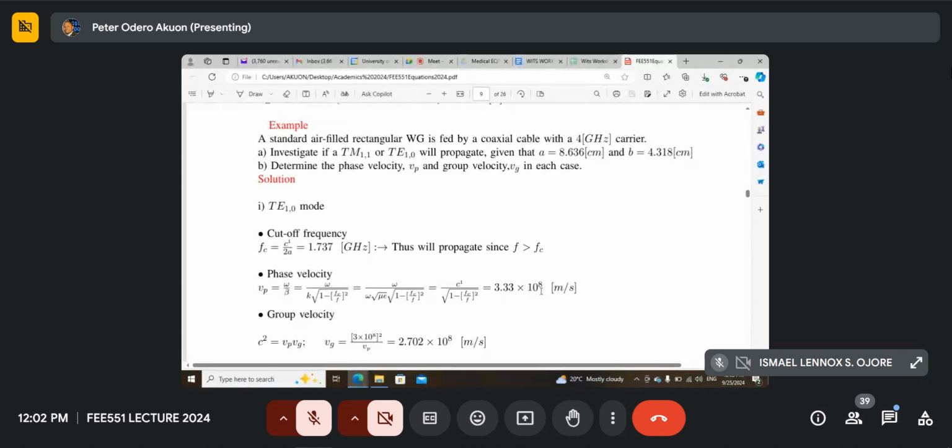So using that, you can see that actually the phase velocity can be higher than the velocity of the wave. So it's 3.33 times 10 raised to 8. What about group velocity? Now group velocity, that the wave is propagating at a speed that is the product of the phase and